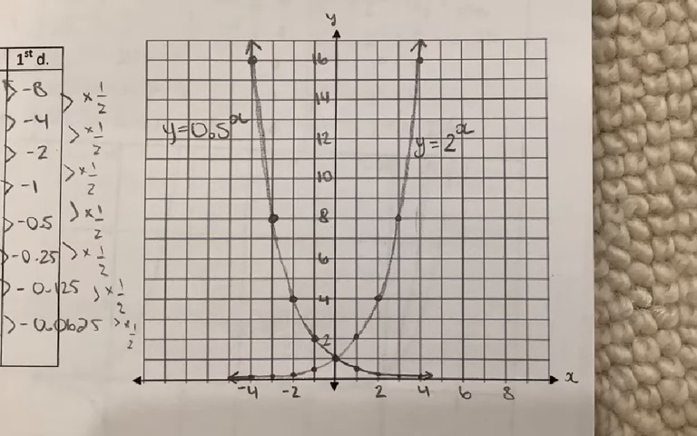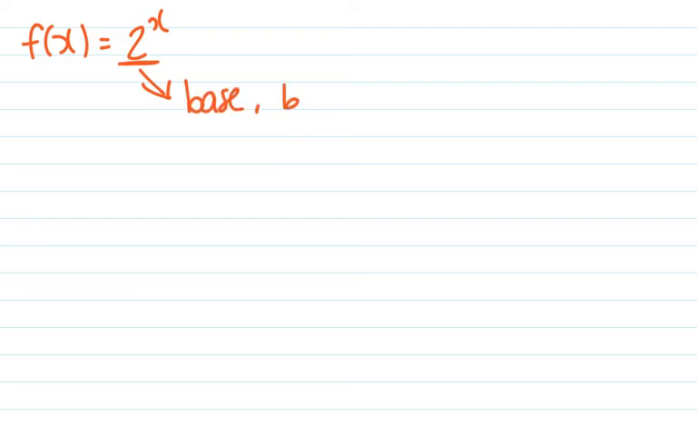All right, so your graph should look something like this, with this line being 2 to the power of x, and this line being 0.5 to the power of x. Okay. So down below the graph there is a chart, and it says properties of exponential functions. So when I have this function, f of x equals 2 to the power of x, we call this 2 the base, or b. So looking at that chart, I have exponential growth